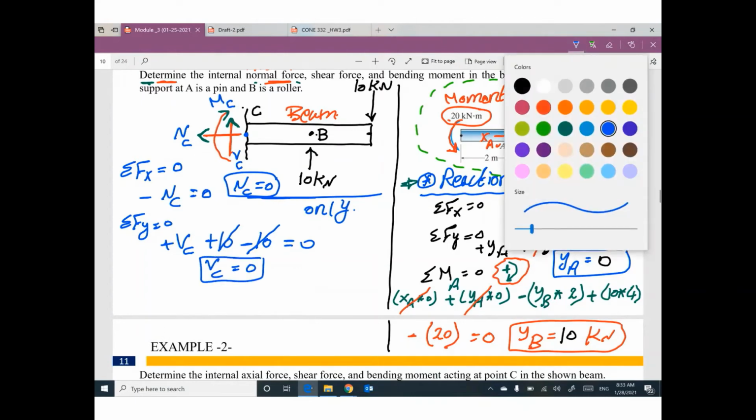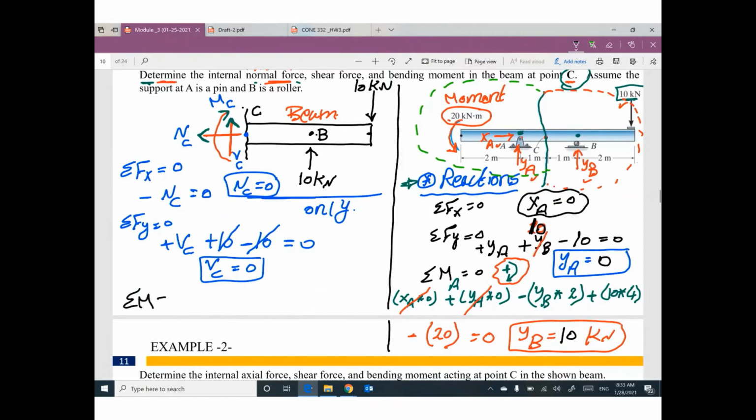The third equilibrium equation, summation moment at any point equals 0. I'm going to take moment at any point, but I highly recommend to take moment at the cut, point C, equals 0. And I'm going to assume clockwise direction is positive. Remind me, if you are taking a moment at C, please don't make the same mistake. If you are taking a moment at C, NC times 0, VC times 0,